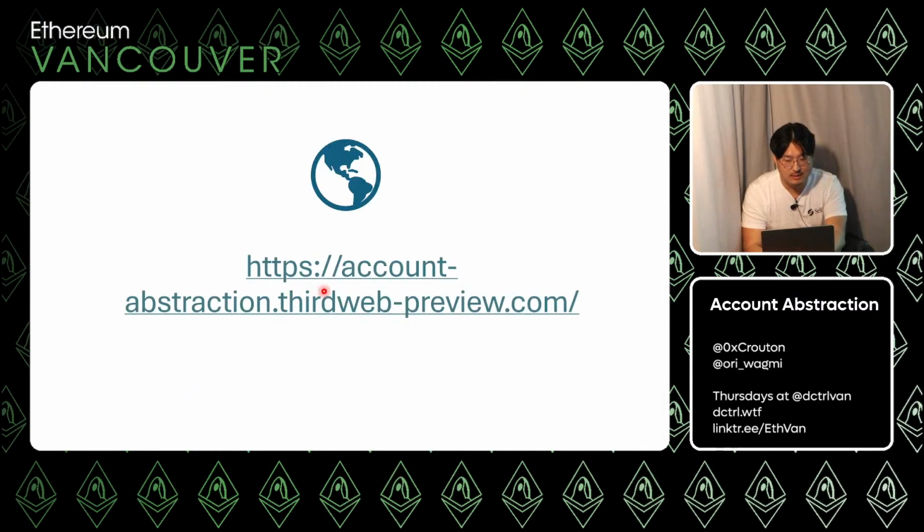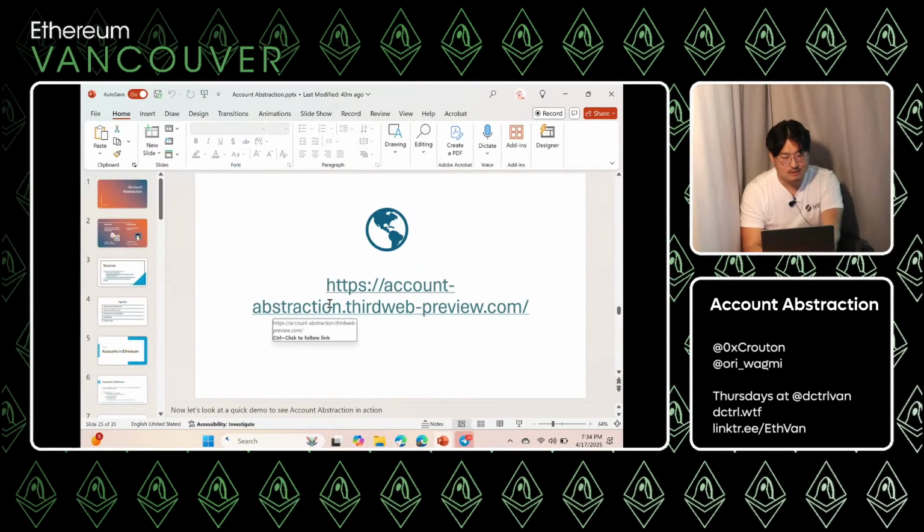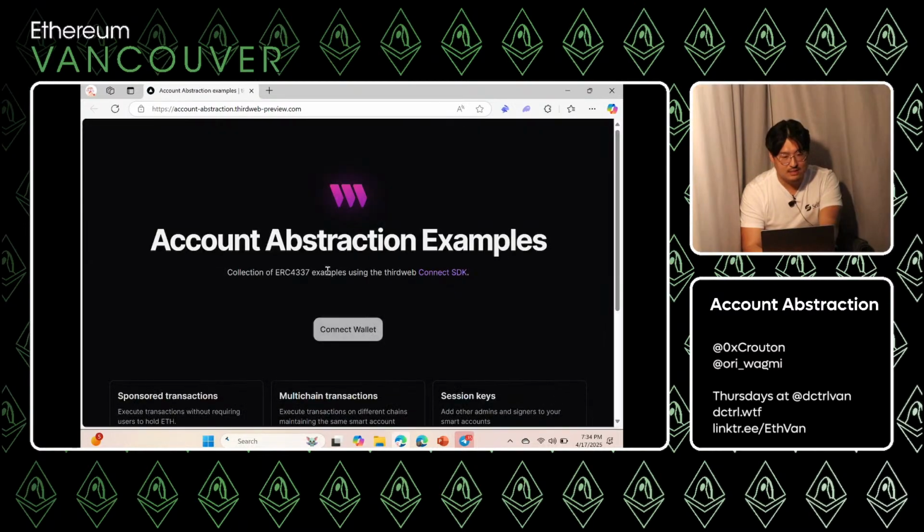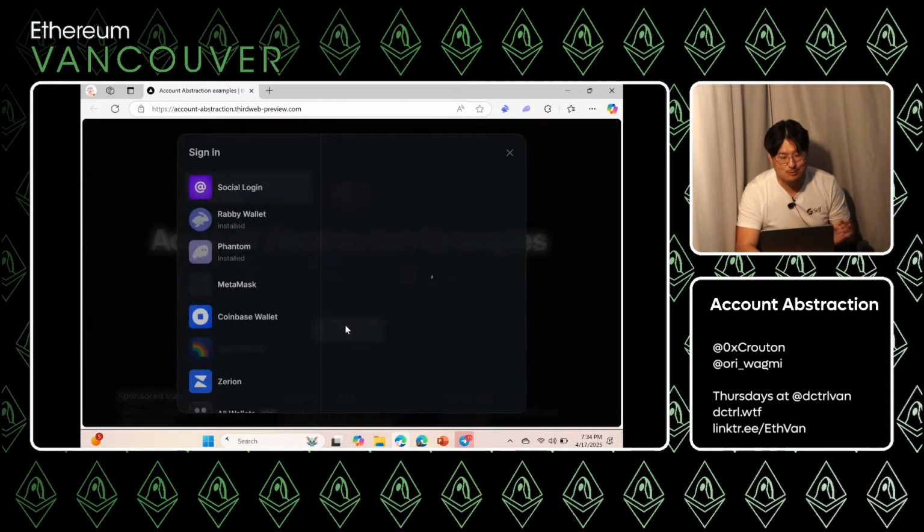Let's see if we can do a demo. So we found this yesterday, which is pretty cool. What I'm hoping for is that I'm going to be able to claim an NFT without having any gas. And that would be really neat. I don't know if this will work because yesterday, or earlier today when I tried it, I don't think there were any bundlers running. So all of my user ops got dropped.